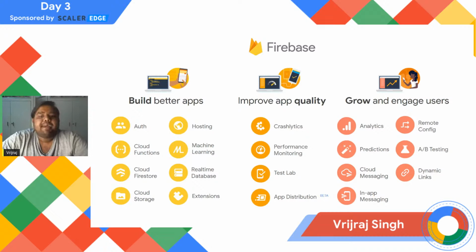You can improve your app quality by catching issues early and fixing them quickly. So you can use Crashlytics, Performance Monitoring, Test Lab, and App Distribution. And the third, you can go for grow and engage users. It is a category where you can grow and engage your users by understanding how people are using your application, and you can engage them in a meaningful way. For example, I have an Android application, or it could be a web solution. I can engage my Android or web users by triggering a push notification with the help of